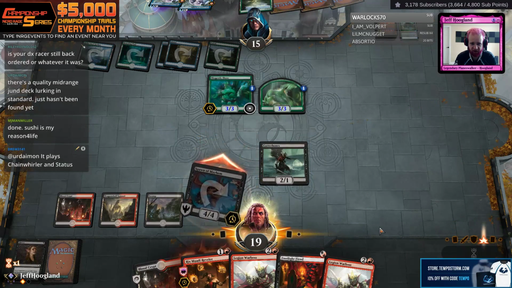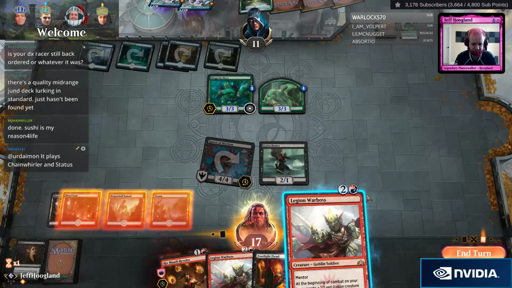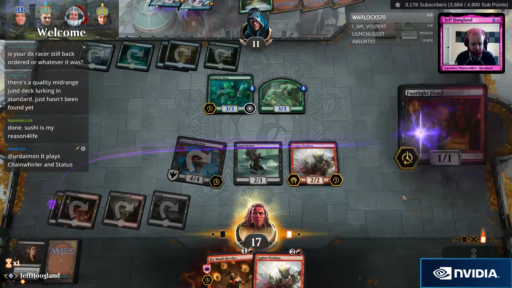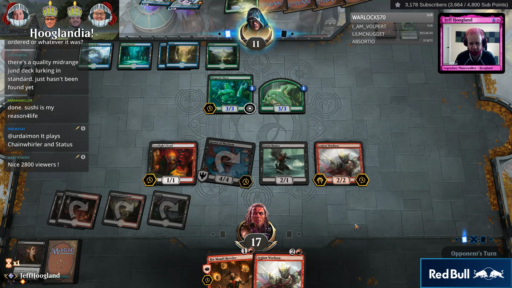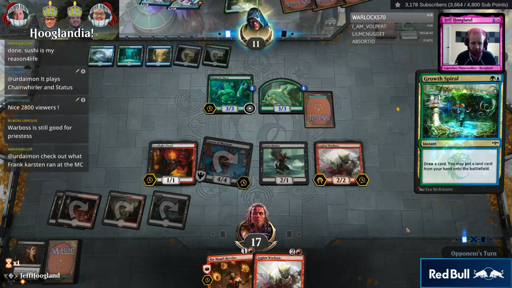So this is definitely happening. Actually, I guess I just Legion Warboss and Footlight Fiend, and then next turn I play another Legion Warboss, and I'm pretty wide at that point. This forces them to keep their oozes back for a while. Like, they can make more oozes, but